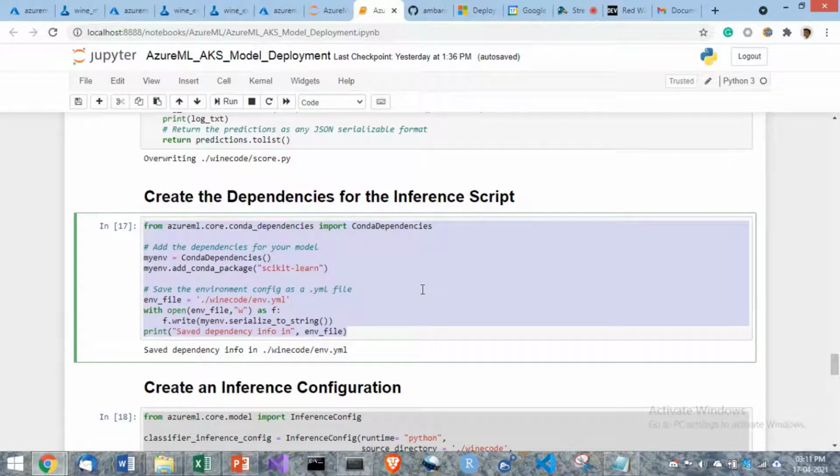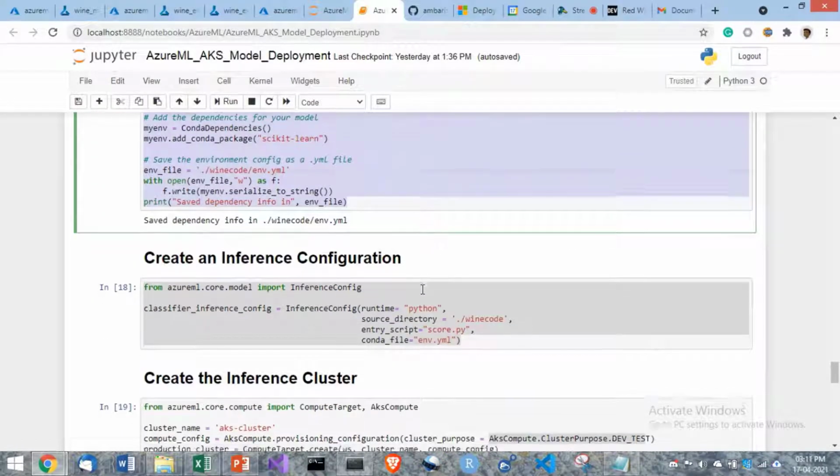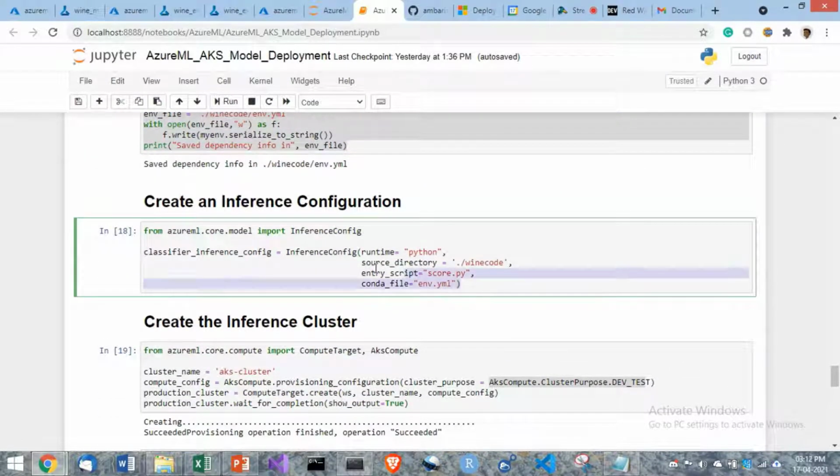In this case I use scikit-learn, so I have to create a dependency for scikit-learn. After that, you create an inference config. What it means is that you have the script, you have the dependency, and you combine them together to create the inference config. Now comes the best part.